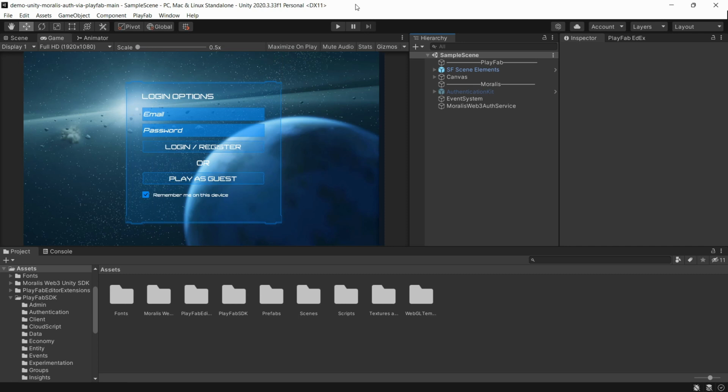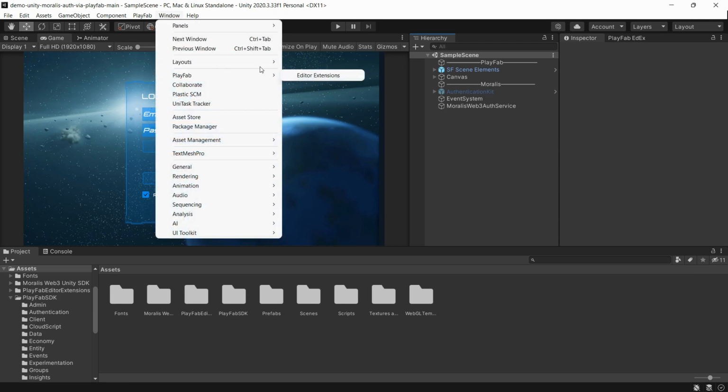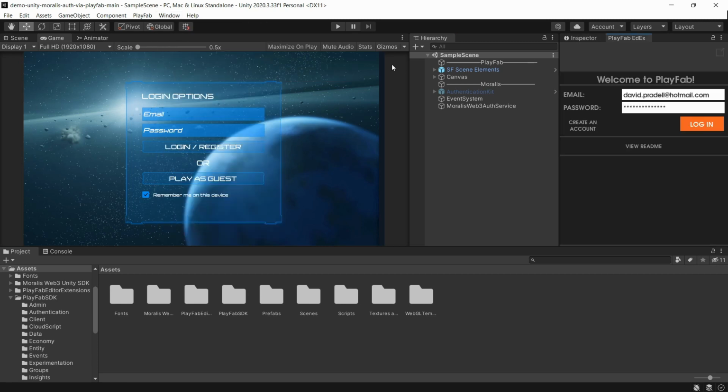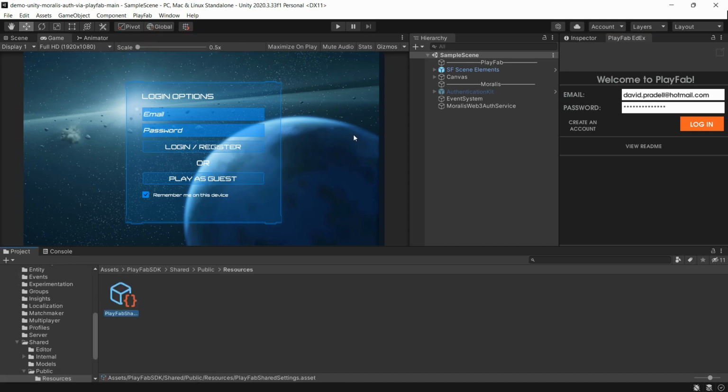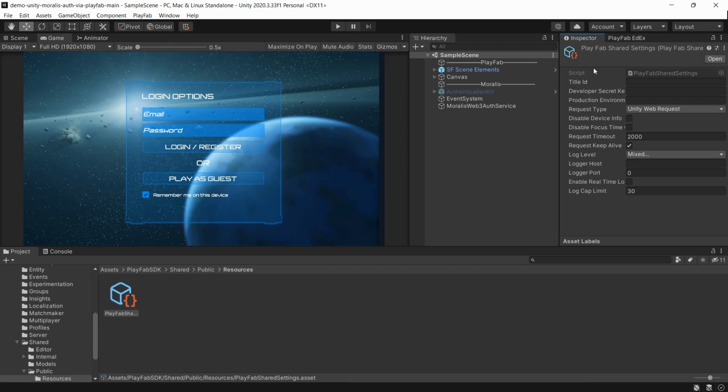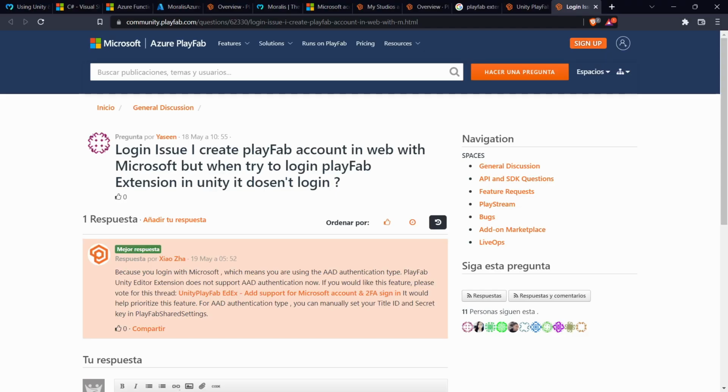But of course, first we need to log into PlayFab. The SDK is already installed, so you could log in by clicking on Window, PlayFab, and Editor Extensions. But this plugin for Unity doesn't support the Microsoft account. So for us, that did all the process with the Microsoft account, we need to go to PlayFab, make PlayFab shared settings, open this in the inspector, and go to PlayFab again,